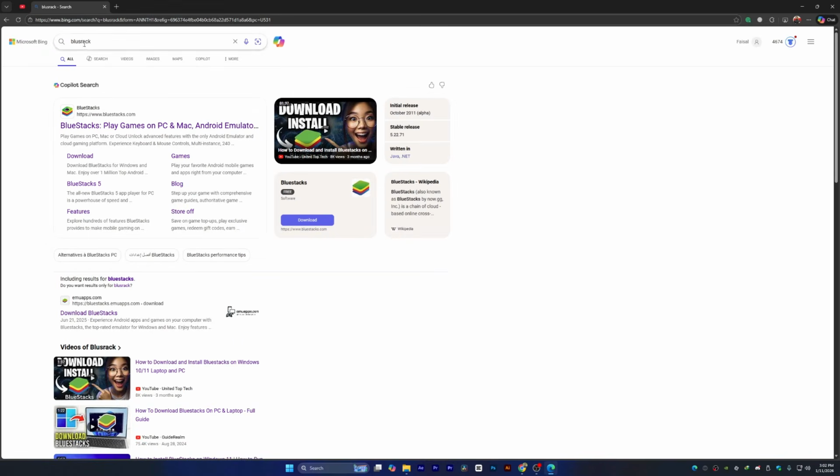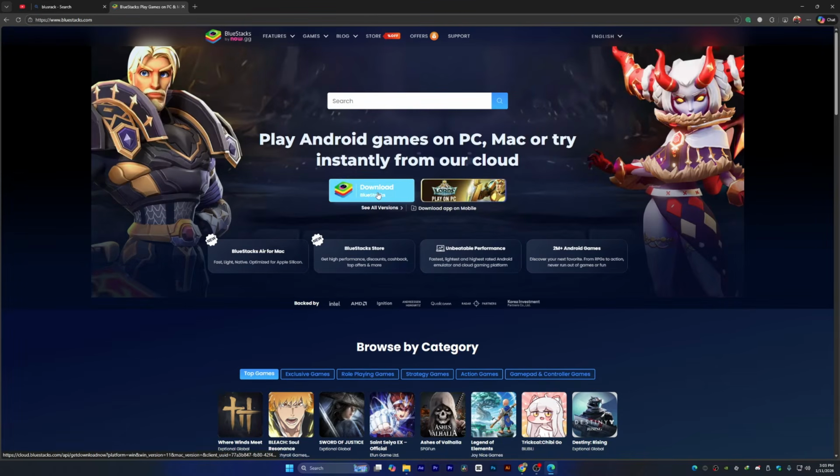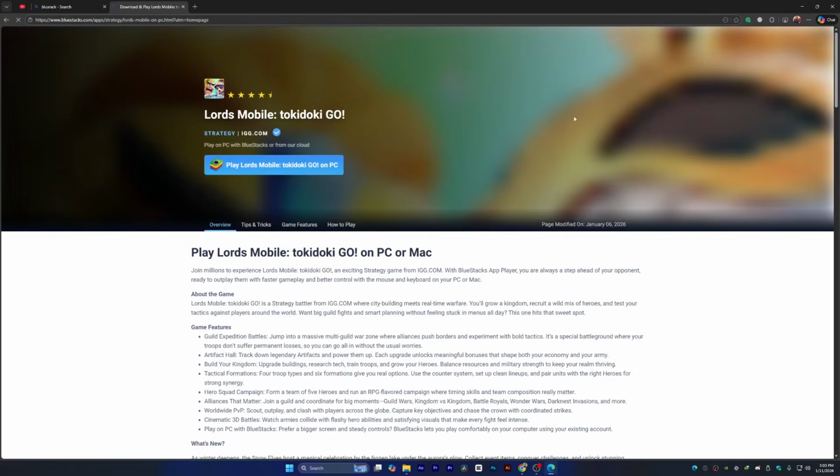You just need to write down the correct spelling. This is the one, BlueStacks, so make sure to open the BlueStacks website and download BlueStacks from there. Once it is downloaded, you just need to install it through its setup and it will start installing. This is basically an emulator, so it will run all the mobile applications inside your PC,